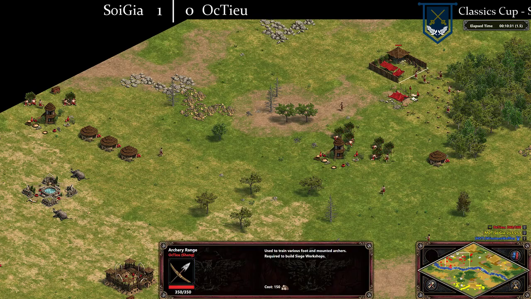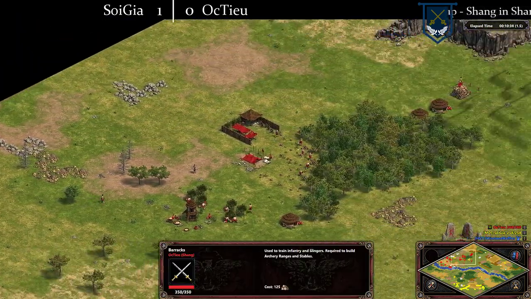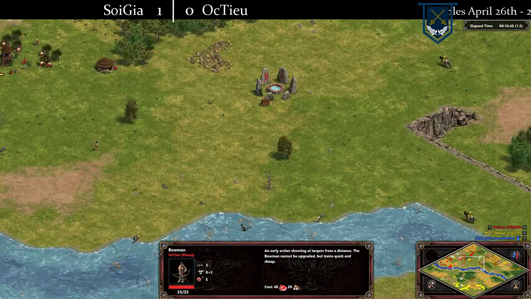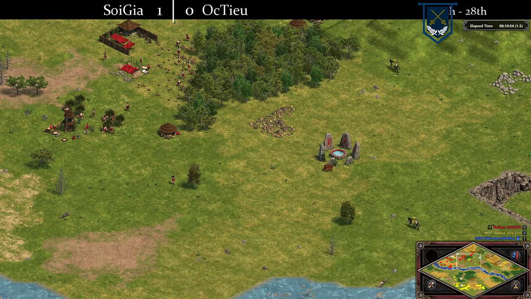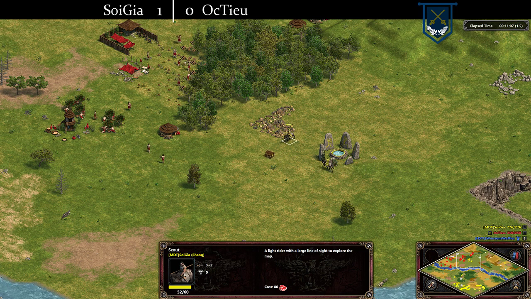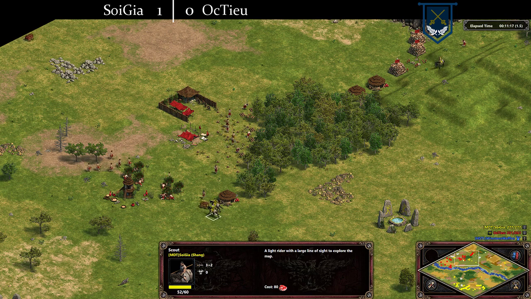I see an archery range with no market. This is an archery range with no market. This is a bowman with 2 damage. Does he know? Well, we know that scouts don't do so great against bowmen. They really don't, because the bowmen are kind of like how slingers do well against axers. The problem with slingers against scouts is that scouts are so fast and can close the gap so quickly that